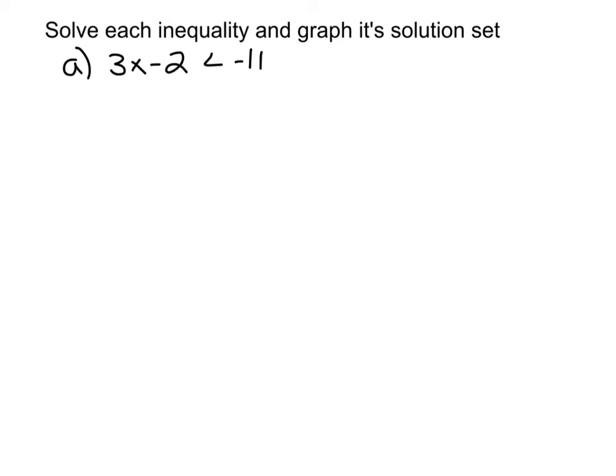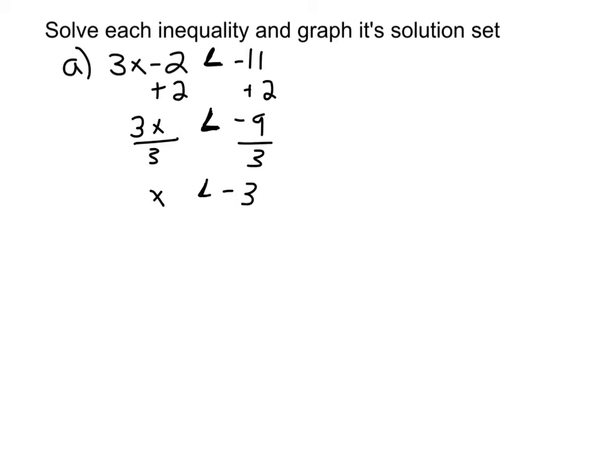First thing, just like if this was an equality question, we would add 2 to both sides. The goal is to get x by itself. So we would end up having 3x on this side. The sign of the inequality does not change, so we copy it down as less than. And then negative 11 plus 2 is negative 9. Next step, divide both sides by 3, and we get x is less than negative 9 divided by 3